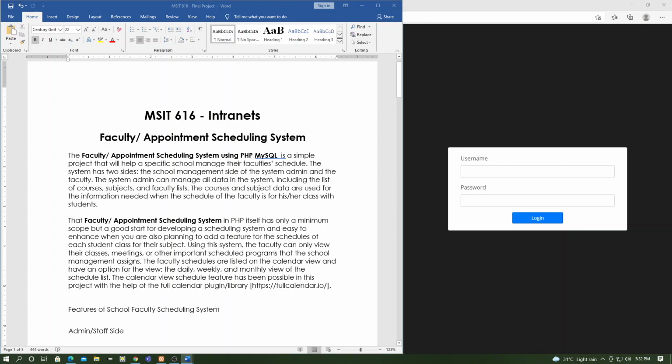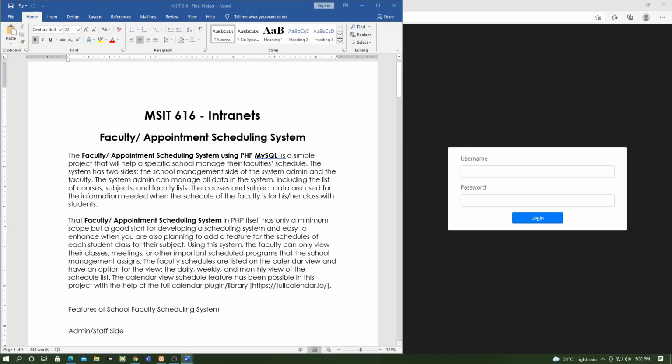The system admin can manage all the data in the system, including the list of courses, subjects, and faculty lists. The courses and subject data are used for the information needed when scheduling the faculty for his or her class with students.